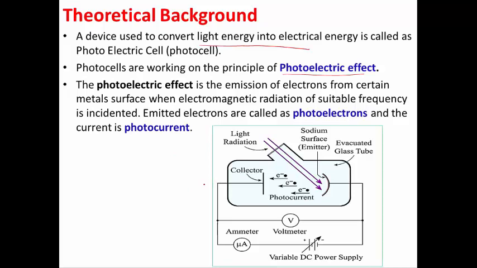This diagram shows a typical photoelectric effect setup. In this setup, we have a photosensitive material here, and just next to this we have a collector to collect the photoelectrons generated, and here the collector will be connected to the positive terminal of the variable power supply, and this photosensitive material will be connected to the negative of the external variable power supply. This ammeter measures the photocurrent generated, and this voltmeter measures the potential difference between this collector and photosensitive material.